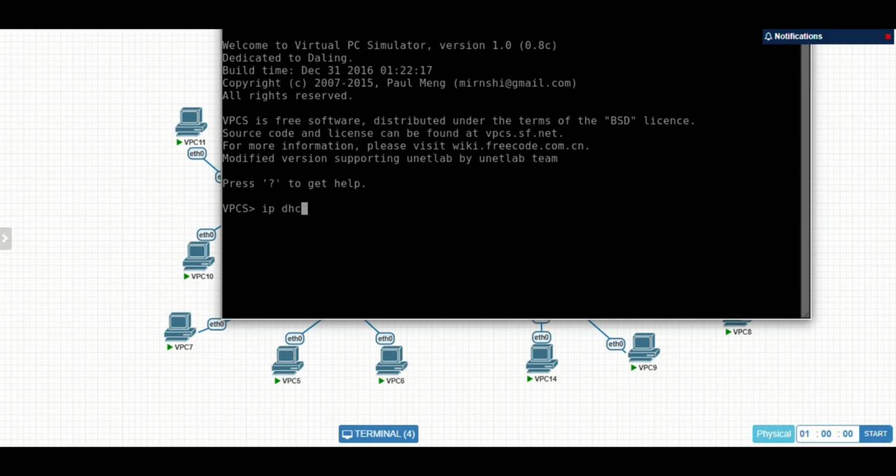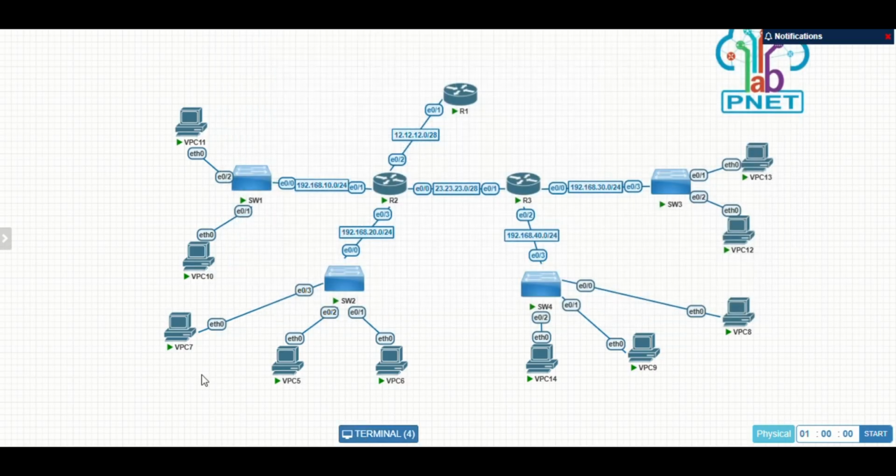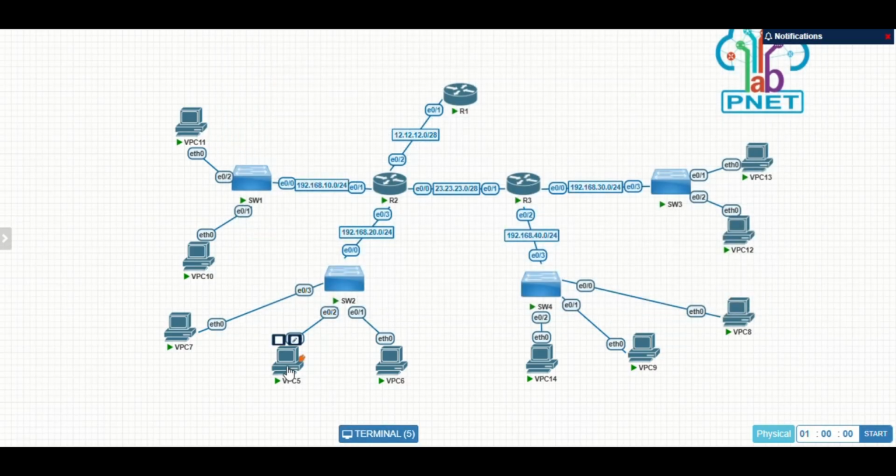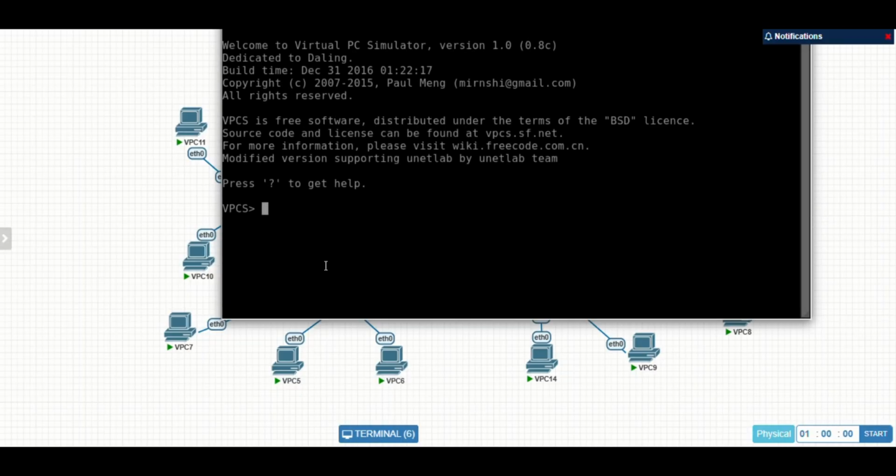We will try on all the PCs. Okay, so guys, in area 1 all PCs already got a DHCP IP address. We will go to the next, try area 2. Okay, the first PC in area 2 already got an IP automatically.